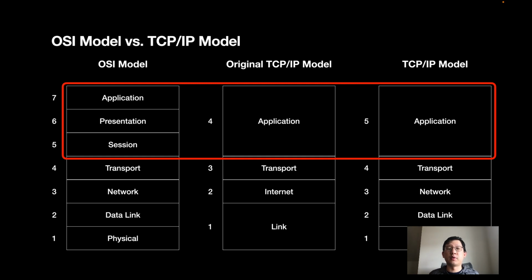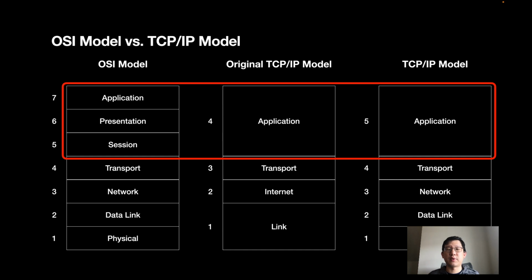Now, in the real world, the session, presentation, and application layers are all very much blurred, as they're all implemented within the application. And that's why it makes more sense for the TCP/IP model to combine them into a single layer called the application layer. However, it is still important to learn the concepts, so we're going to talk about the session, presentation,